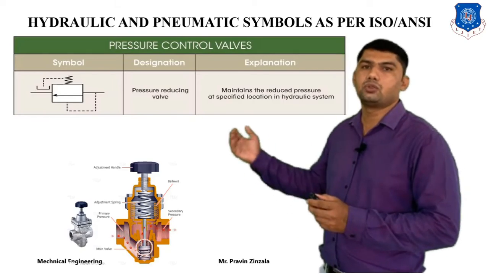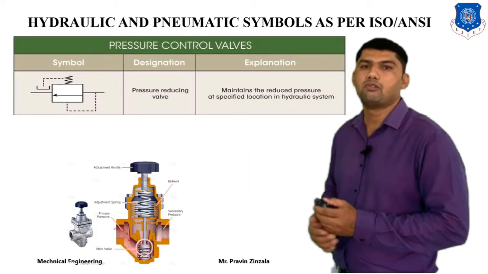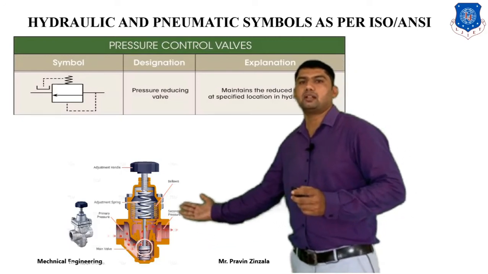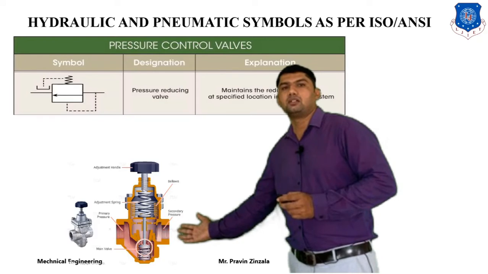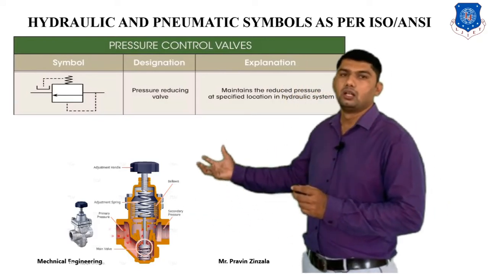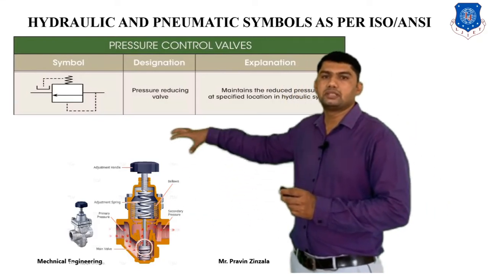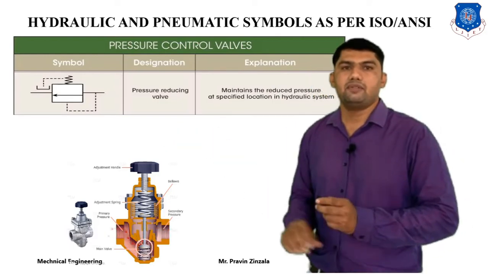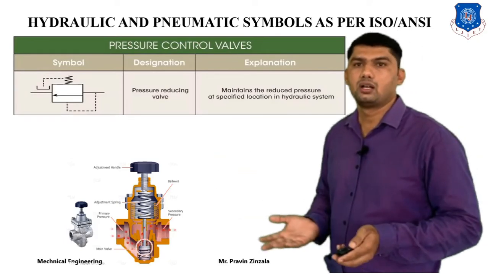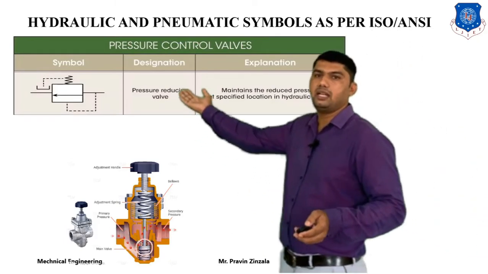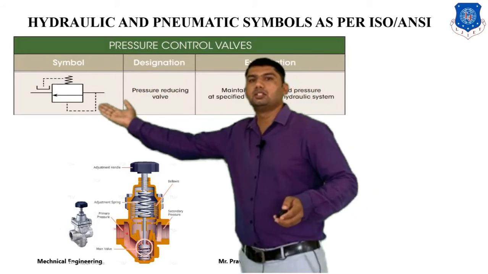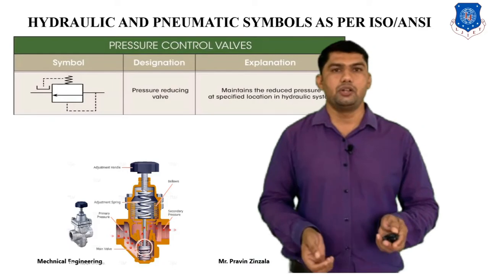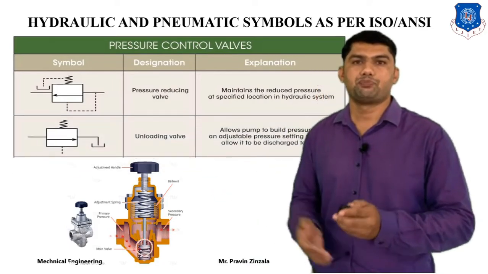So that's the time we utilize the pressure reducing valve. If the outlet pressure increases, the spool will automatically shift and the pressure will be maintained. For a particular requirement, we can set different pressures by utilizing this valve, and we can set the pressure according to our requirement. If the design pressure is exceeded, it will automatically shift the spool and fluid will go to the reservoir, maintaining the reduced pressure for a particular location.